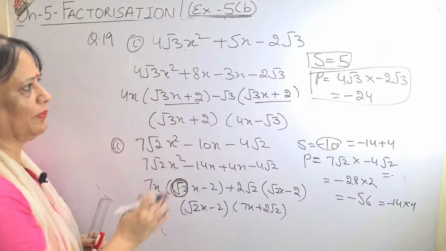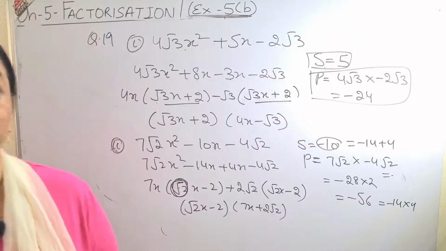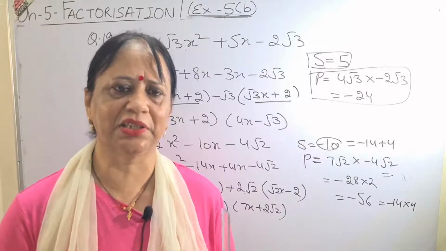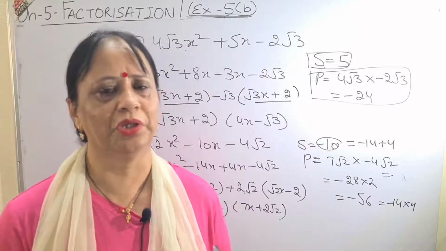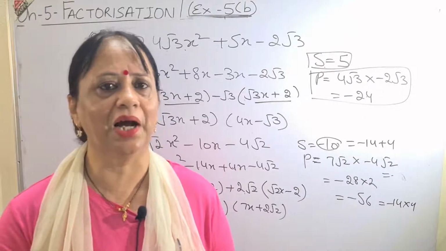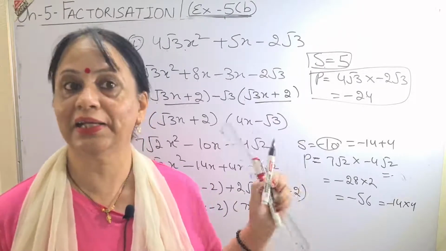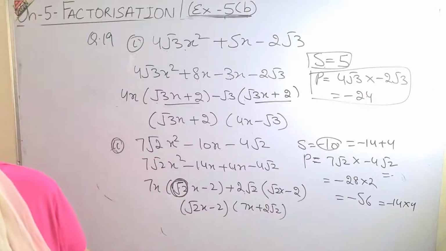These are two typical sums. Again I am telling you, with practice, children, trust me, with practice you will be totally in control of these exercises. The first 10 sums are very easy. The last 5-6 sums you have to do 2 or 3 times, and the sums are in your hands. Trust me, this exercise is important for the paper. Then come to the last sum. It is also very easy.